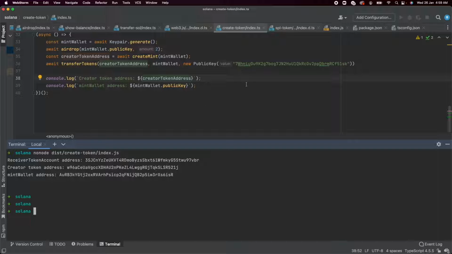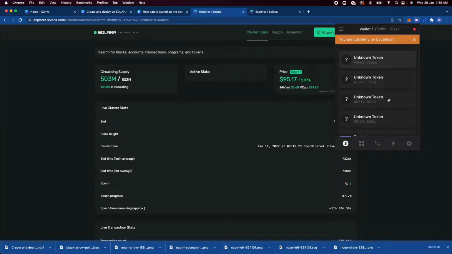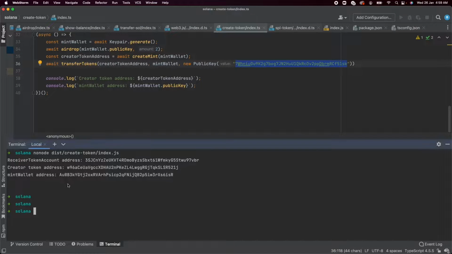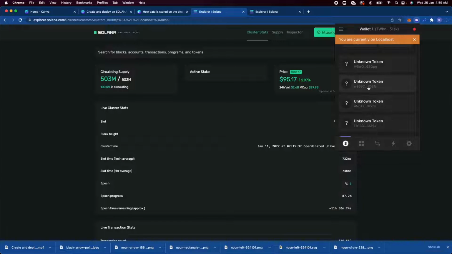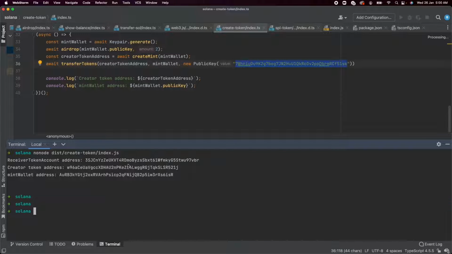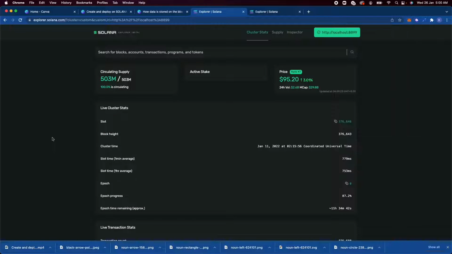But before we do that, let's go to this address. I actually have it open on Phantom here. And if you see here, it has a bunch of these unknown tokens. So they don't have a name yet. But one of these tokens, if you look, has the public address of W96. This one right here. So this is one supply of that token that was recently minted by the Mint Authority and transferred to this wallet. Let's try to open these 3 on the Solana Explorer and see what it looks like.